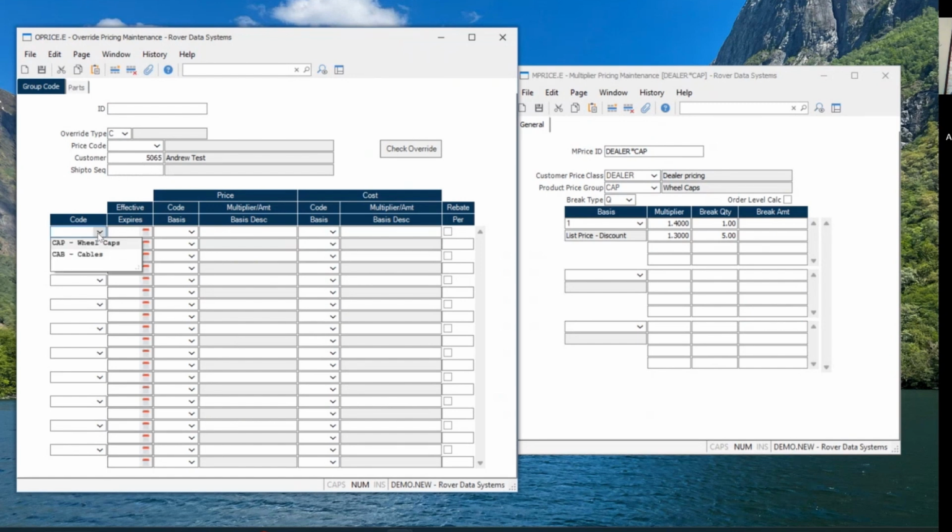I can either do a code, I can do effective and expiry dates or sale start, sale end. We can do either a flat amount or a multiplier. I'm going to stick with the multiplier. And let's say for them, we don't want them to get the standard 1.4. They're going to get 1.2, and that's going to be the price they get. So if I save this,